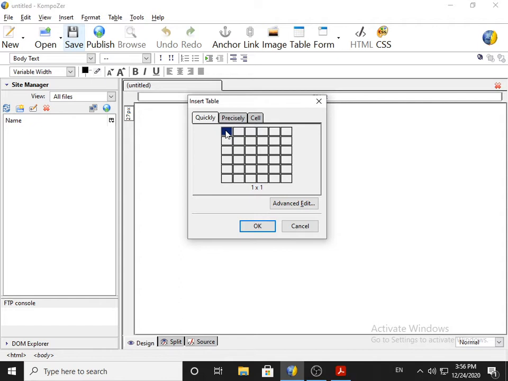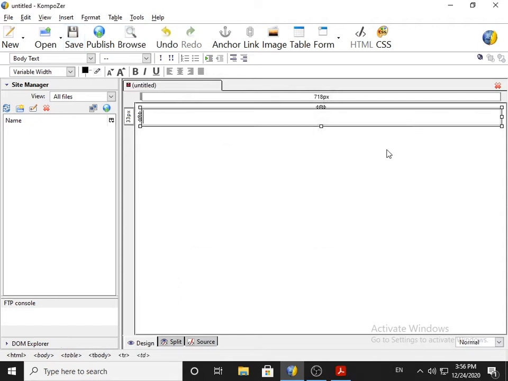And the moment I click on the first box, you can see here one box is available. I hope now you can make out. Now in this box our whole home page will come. You must have a question: how in this box can the whole web page fit? But the more information you add, accordingly this table will enlarge in terms of height and width.